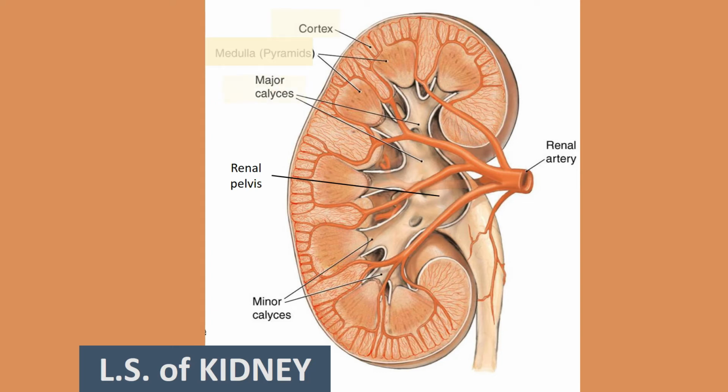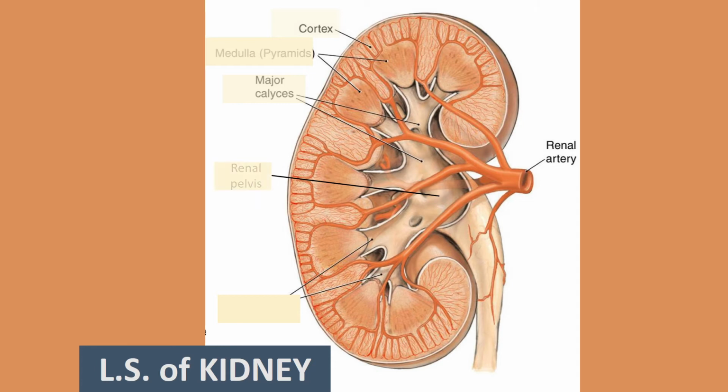From there, these open into the renal pelvis. The widened parts of these pyramids look like sepals in a flower, so they are known as calyces. Urine passes through the calyces into funnel-like tubes. From there, it reaches the pelvis. From there, it passes into the ureters, then reaches the bladder and is excreted to the outside through the urethra.